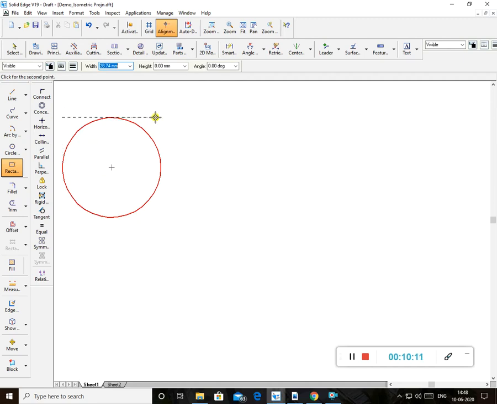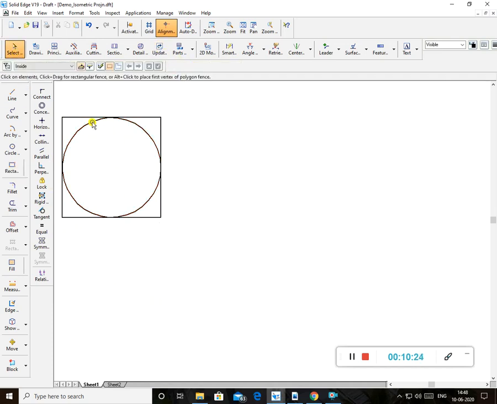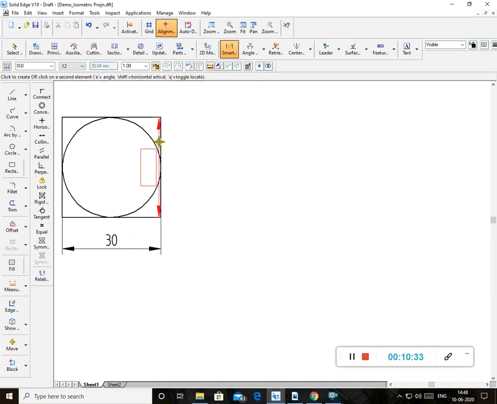So manually you draw a box like this. You make a box for it, and the box should be done with thin lines. Now I'll check the dimension here. This is how much? 30. This is how much? 30.4. So I'll make it 30. So it is 30. You make a box for this.